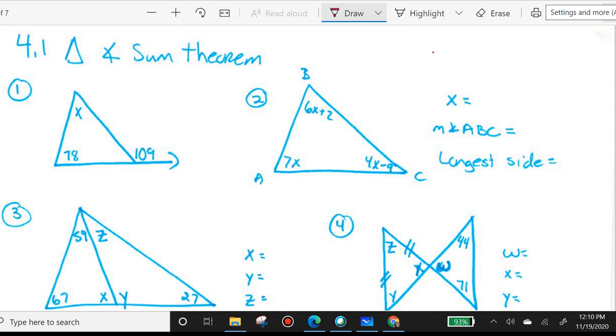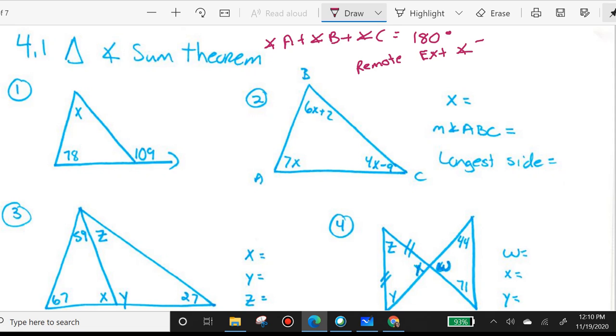So one of the topics that's going to be on our Friday's test, or our test tomorrow, is going to be triangle angle sum theorem. So that's just knowing that the three angles in a triangle are always going to add up to 180 degrees. In this section 4.1, we also talked about the remote exterior angle theorem. And the remote exterior angle theorem is not necessary to know, but it will help you, and it is somewhat